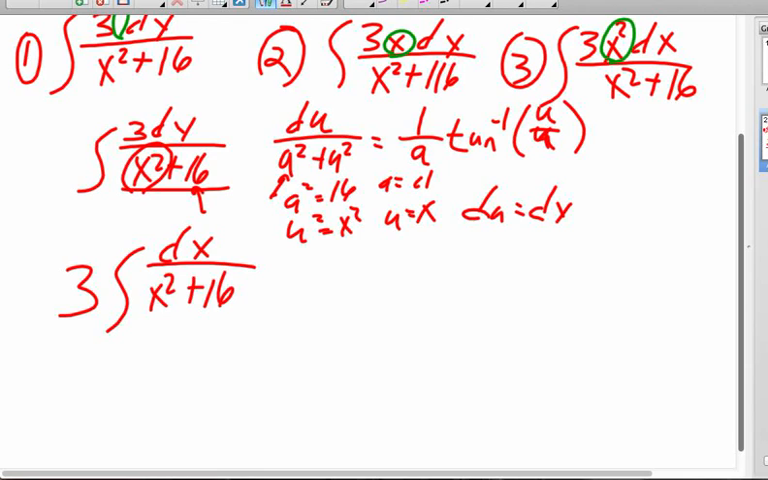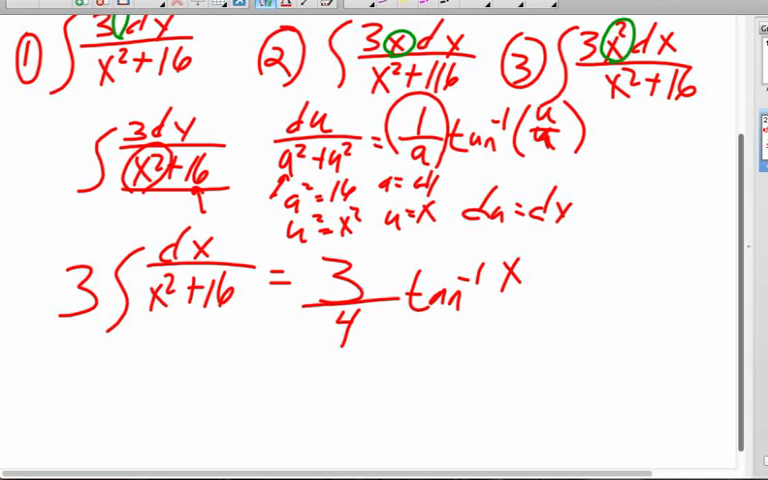You don't. So it's going to be 3 times 1 over a. My a is 4, so it's going to be 3 over 4. And then I'm going to have the arctan of u, which is x, over 4. And at this point, you'd be tempted to stop. You say, we got this, no problem. Notice there are no bounds here. It's indefinite. So,